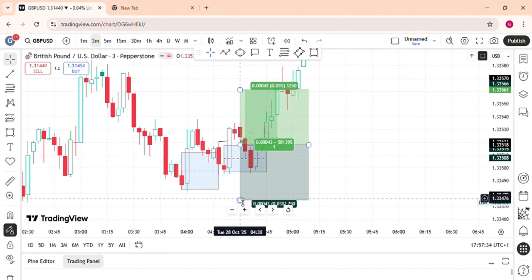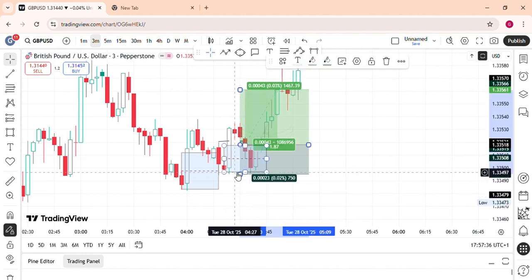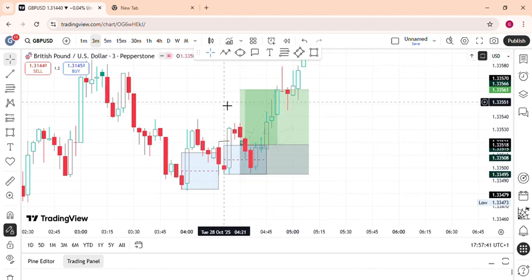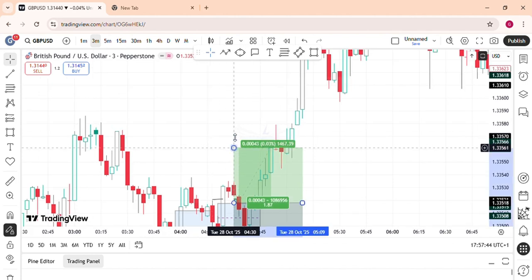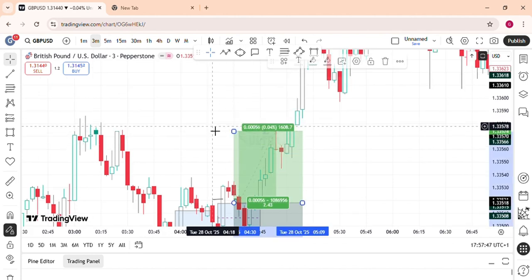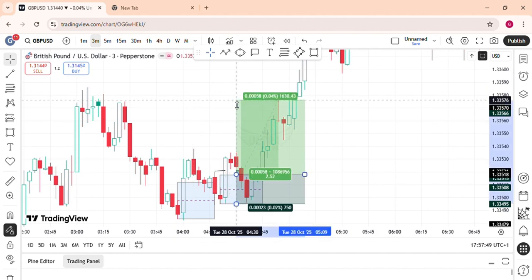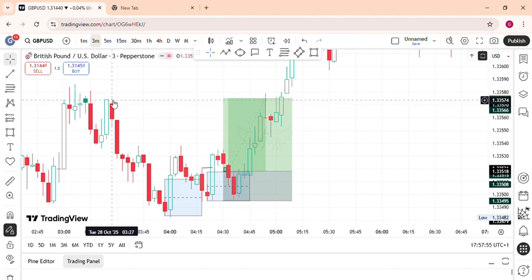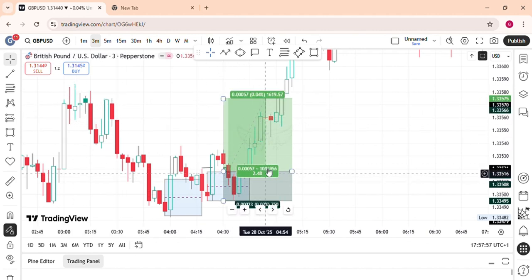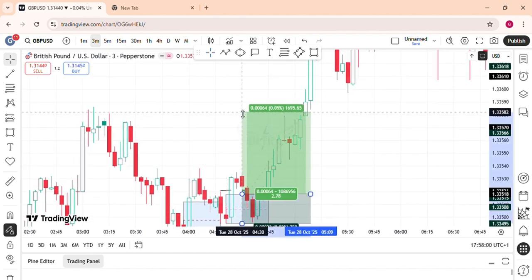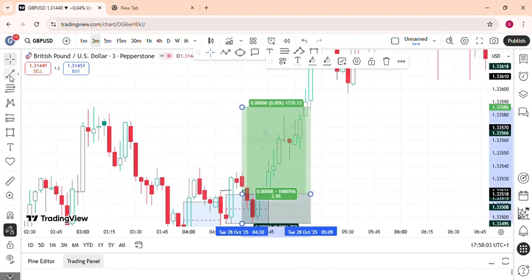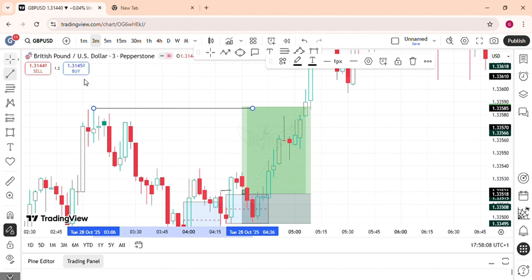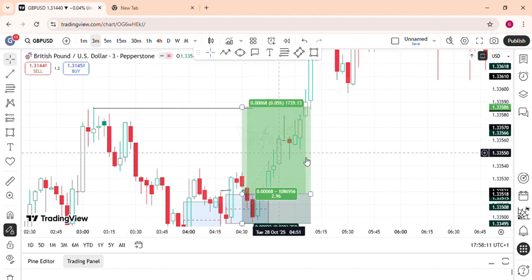and our stop loss is right below this low that created for us this fair value gap, and our take profit will be at a given high here. As you can see, this is a 2.48 risk to reward ratio, and we can put it here for our maximum TP. This would give us a 2.96 risk to reward ratio for our first trade.